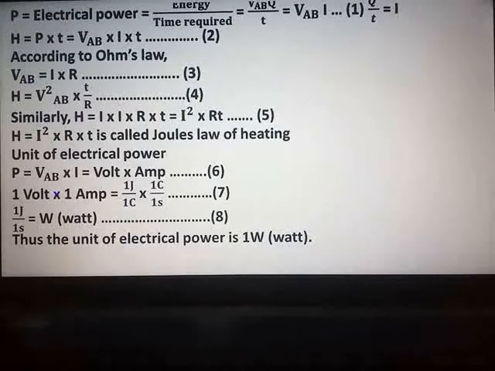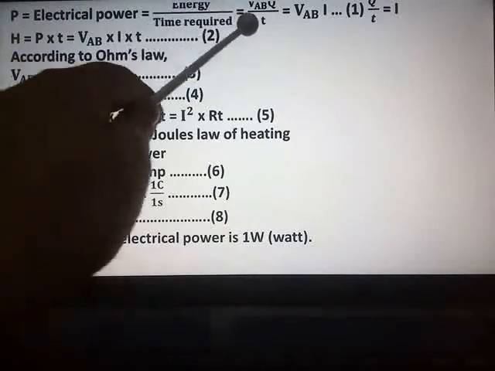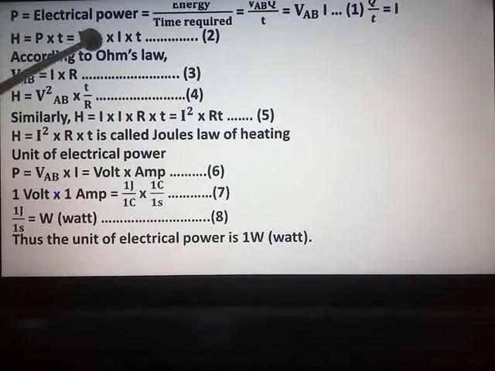Now it can be asked in the exam, this entire derivation they can ask you, or the circuit diagram they will place ahead of you, and at particular places in this derivation, typed out, they will leave certain places blank. You have to fill those blank places and complete the derivation. So you should not just learn it, understand how substitutions are done, then you will follow the derivation.